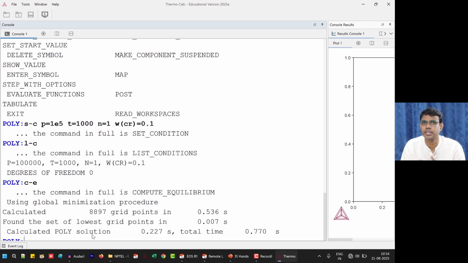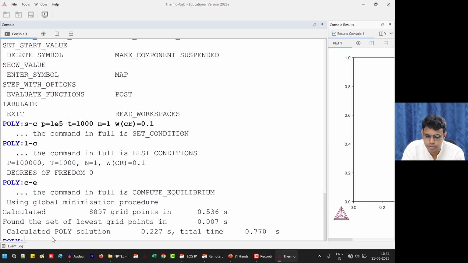We are interested in making the phase diagram. So there is no need to see what is the result of this single point equilibrium at 1000 Kelvin and mole fraction of 0.1. Okay, we don't need to see that. As long as compute equilibrium is done successfully, we are okay with that. If there is any error, it will show the error, so and so, things like that. So now there is no error displayed, so we are fine. We can now go to setting the access variable. Okay, if you imagine in the graphical user mode, when we go for phase diagram template, we could see two different access variables we could set in the bottom of that configuration window, right?